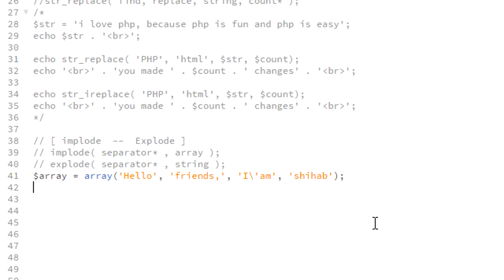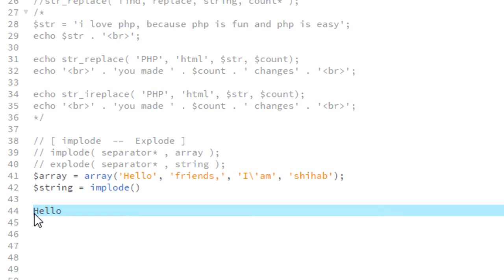So let's go down. I can say, for example, let's just create a variable called the string, and then I will say implode, parentheses, and inside the parentheses I have one argument called separator, and this one is optional, and I have the array, okay? So I need the array name, and also I need the separator. The separator is what will come between each value and the other one, okay? If I didn't write anything, what will happen is,